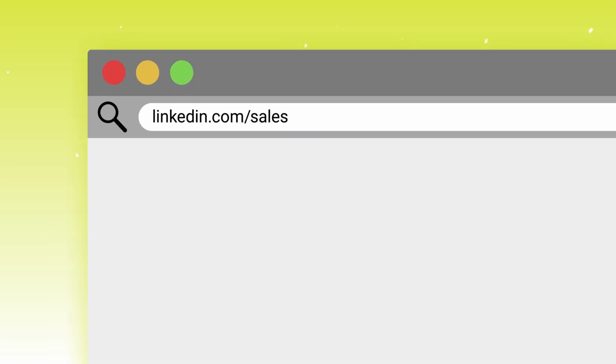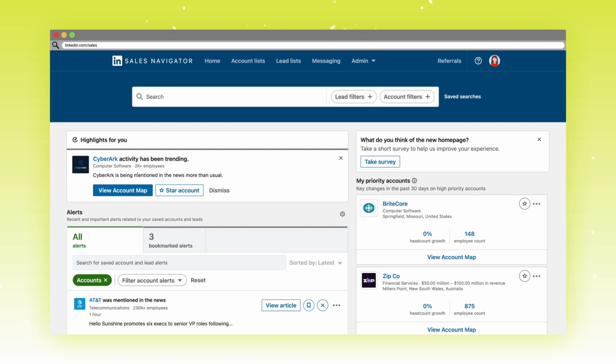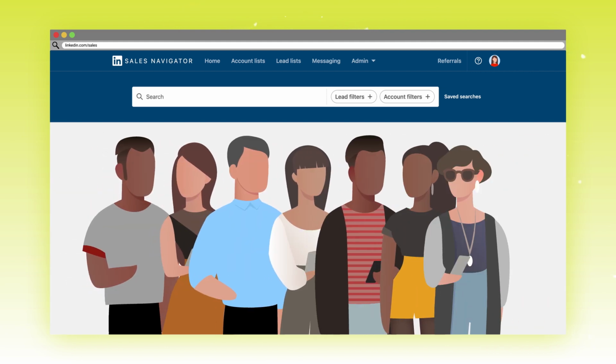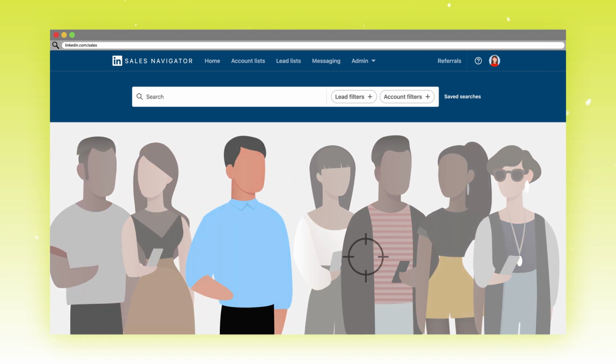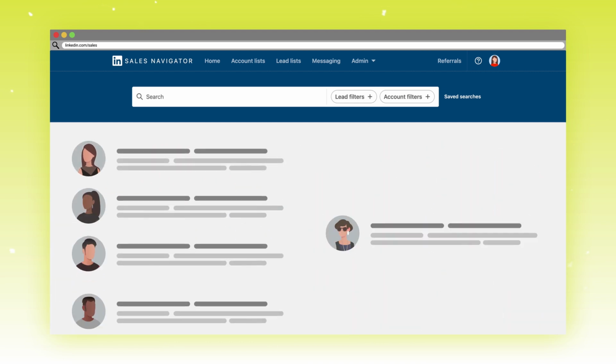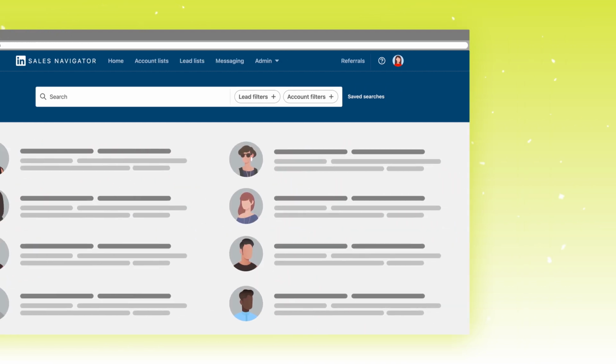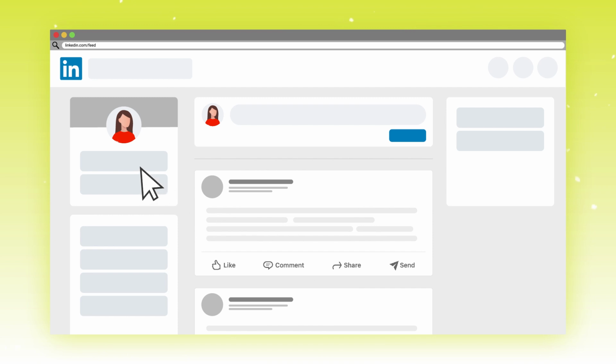Sales Navigator is LinkedIn's premium sales prospecting tool. It allows you to find highly targeted prospects and then build out strategic lists of those prospects. You're not going to be able to find these features using the free version of LinkedIn, as you are severely limited in what types of lists you can build when it comes to prospecting.